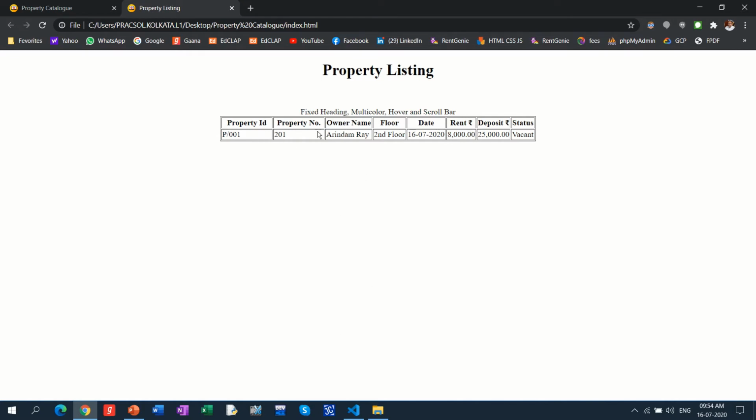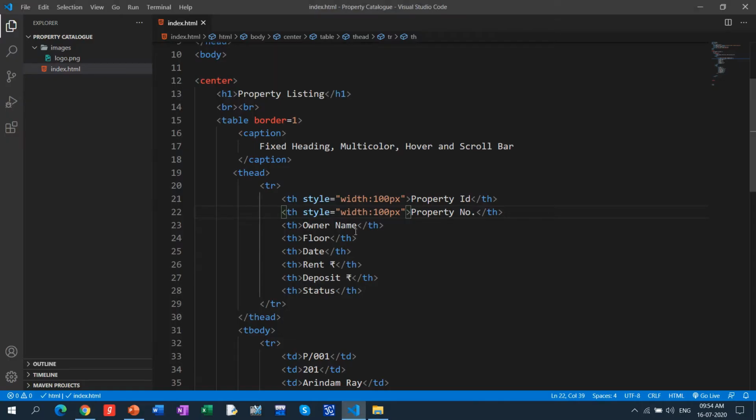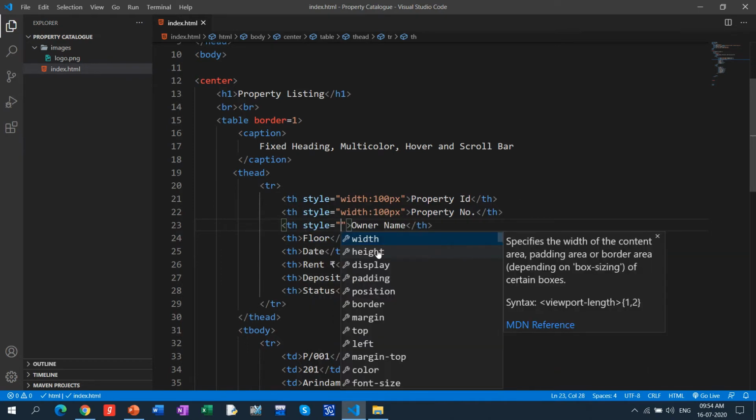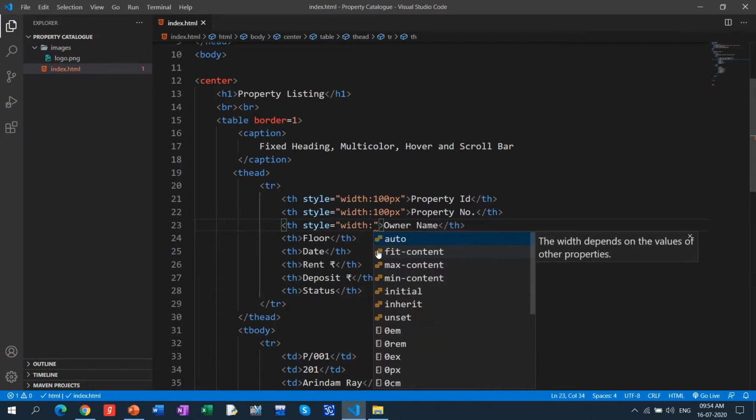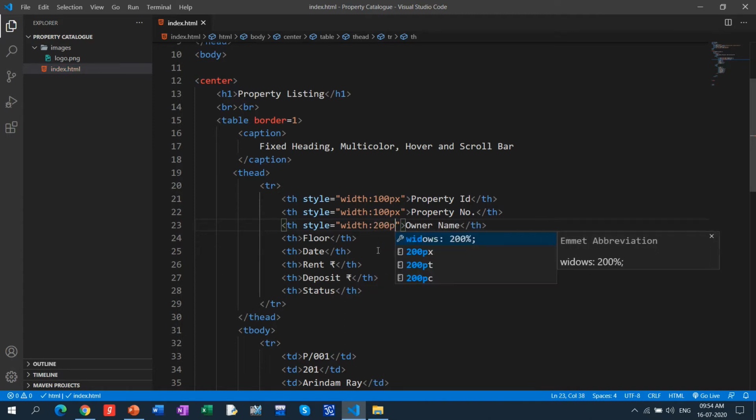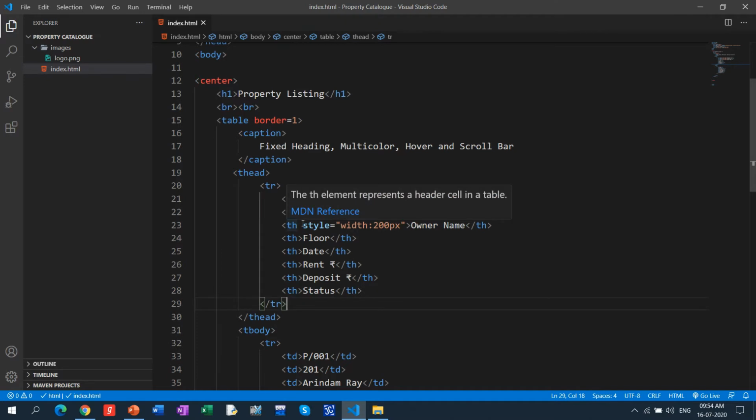Again I have to go for this owner name. Owner name must not be 100, because it will be a little bit bigger, with more characters. So width colon, I make it 200.